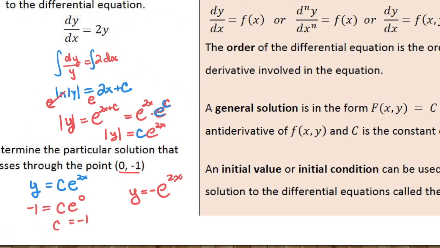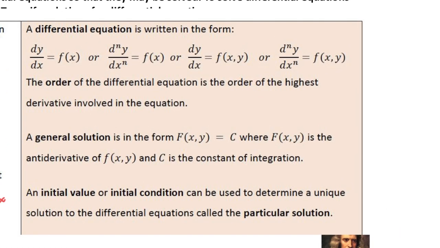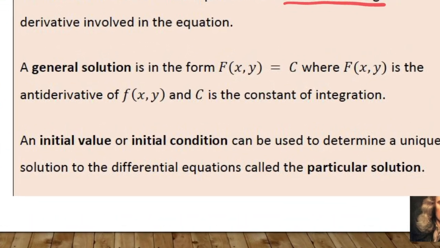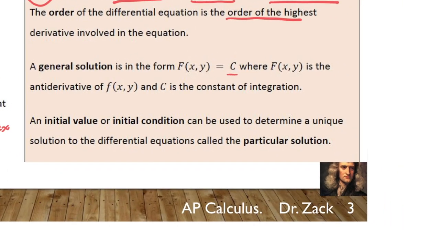Now this was a differential equation because we had dy dx equals some sort of function. And a differential equation is always written in the form that the derivative is equal to some sort of function. If you have the second derivative, that's also considered a differential equation, and they can come in any order. The order of the differential equation is the order of the highest derivative. Now remember, your general solution still has the c, and if you have a particular solution, you can solve using